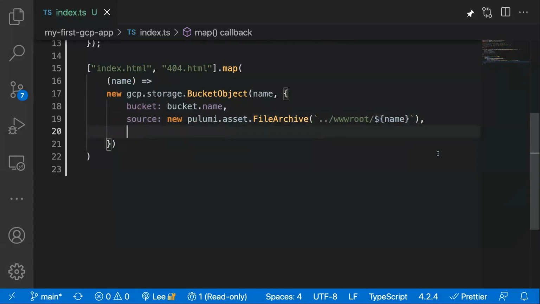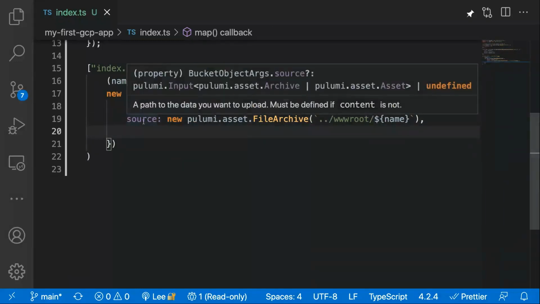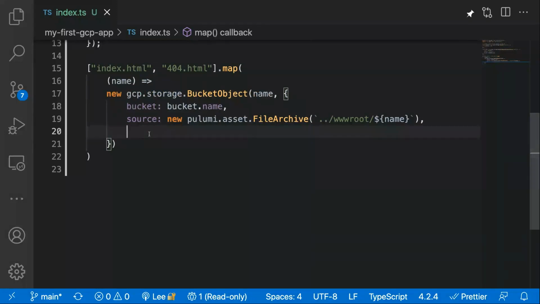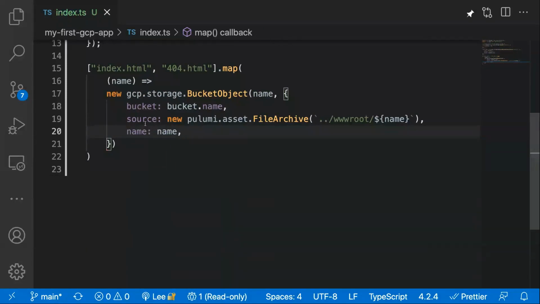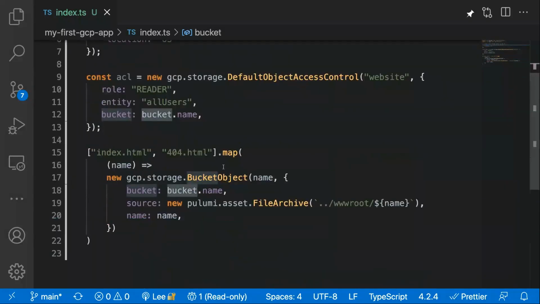And then finally, we're going to do something a little bit different here. We're actually going to hard code the name of this resource. I'll talk a little bit more about this in a few moments. But what I'm going to do is specify the name property to the actual name from this loop here. So we're going to loop through this array, and we're actually going to create a new bucket object with the name of index.html and 404.html, but we're also going to specify the name specifically. Now, you'll notice that we have a relationship between this bucket object and this bucket here, but we